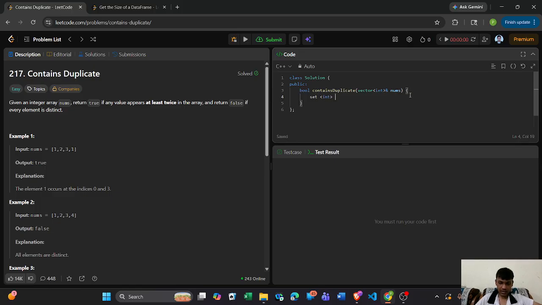So I will just create a set here, and then I will just store the elements of nums in our set, from nums.begin to nums.end. And since we have stored our elements in this, I'm going to just check if